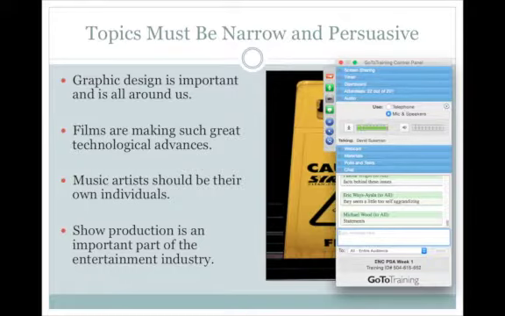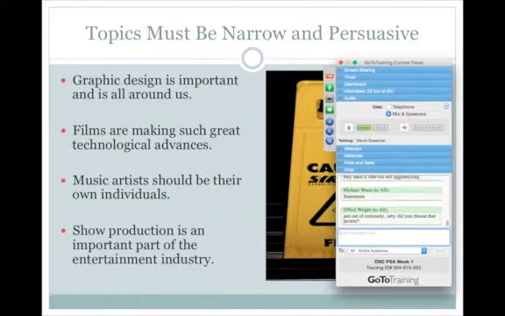Now, it's not my goal here to teach public service announcements. That's not my broader goal here. What I like about public service announcements is that they're challenging because you need to find something that's very specific and narrow. You need to be persuasive. You need to be thinking about what specific audience you're hoping to reach, and you're ultimately asking that specific audience to do something. So within the structure of a public service announcement, you get to do all these really terrific rhetorical moves. And when you pick a topic like graphic design is important, you sort of don't make most of those moves. It's just you kind of creating the equivalent of a report. That's not what we're working on, reports.